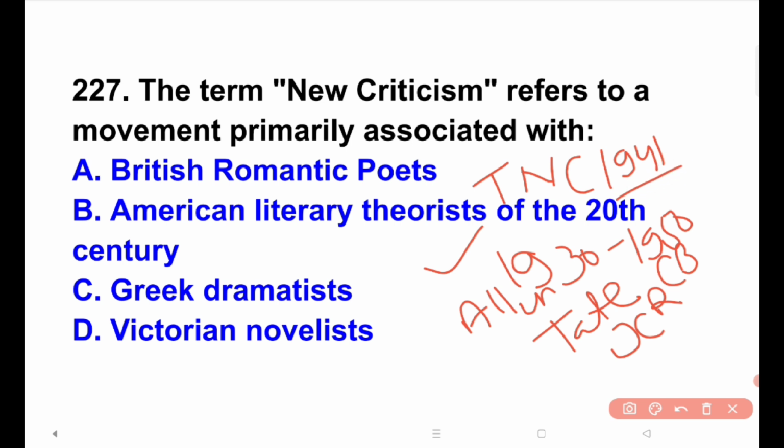British Romantic poets: although Romanticism emphasized emotion and imagination, it is unrelated to new criticism. Greek dramatists: their work is ancient and foundational, but not related to the modern school of new criticism. Victorian novelists were concerned with realism and social issues, not with formalist textual analysis. Next,